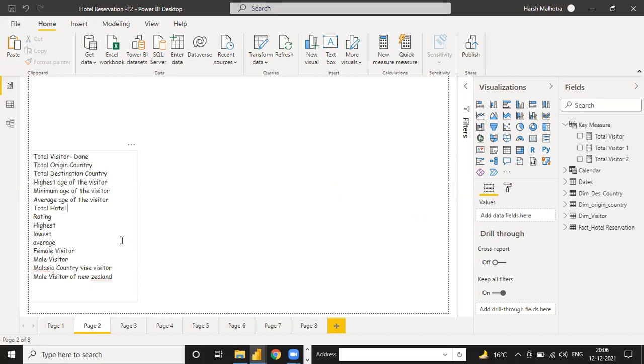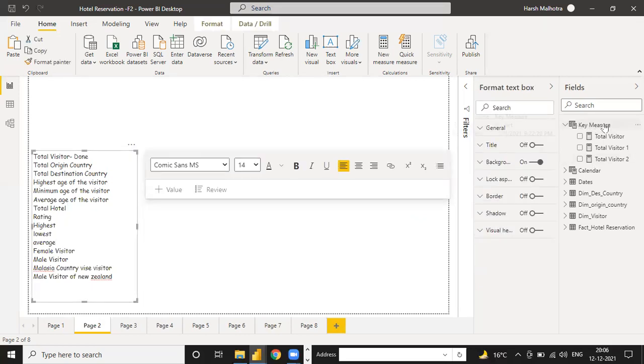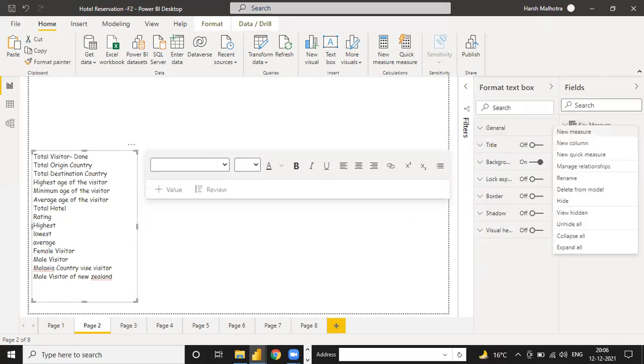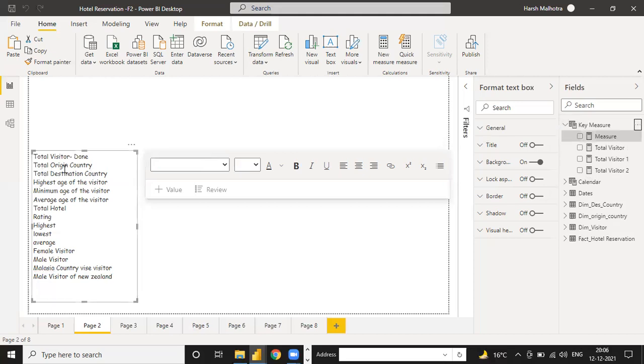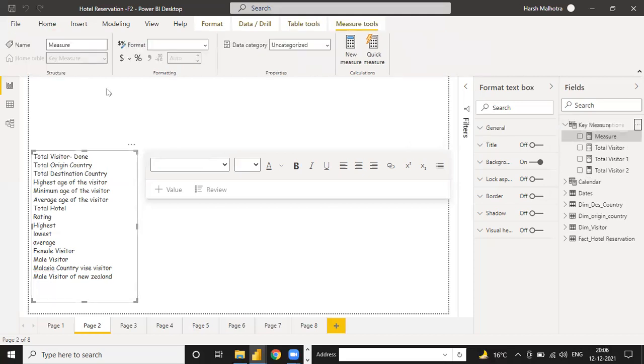On the basis of DAX measures we have to calculate, so that we can make our Power BI report on the basis of this. Here is a key measure table. Click on the three dots, go to new measure, and here I want to calculate total origin country. So in which table do we have to go?